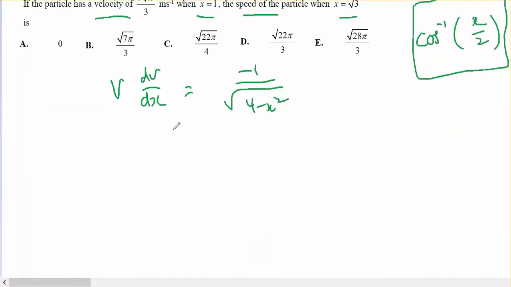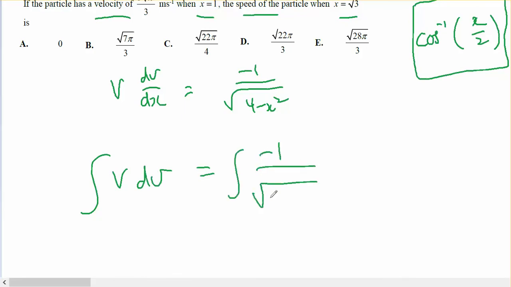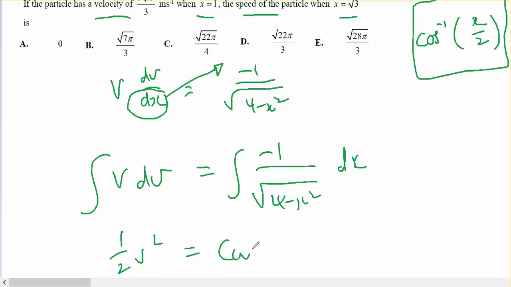So I have v's and x's. So the integral of v dv is the integral of -1 on top of the square root of 4 minus x squared dx. So what I mean by separation of variables, I'm going to put this dx over here with the x expression and leave the v with the dv and integrate both sides. So I've got a half v squared equals the inverse cosine of x on 2 plus some constant c,